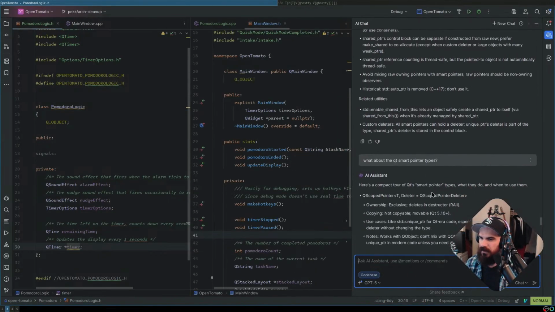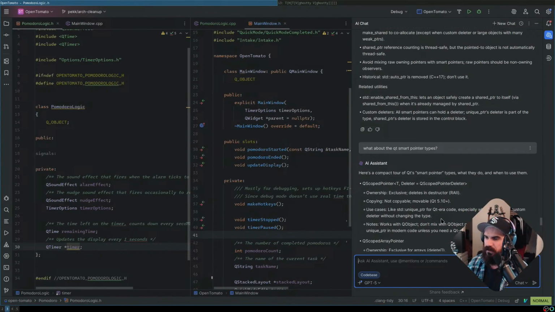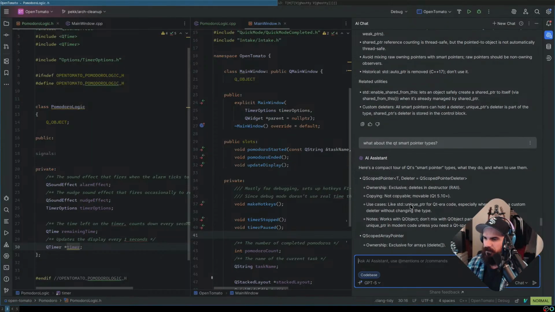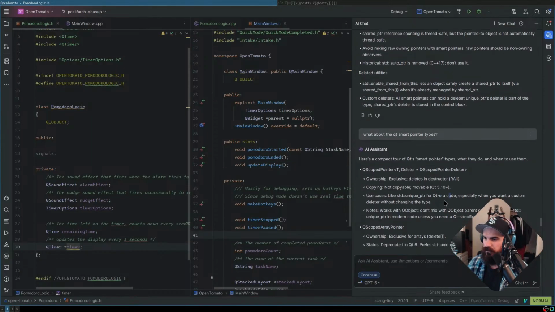Here's a compact tour of Qt smart pointer types, what they do and when to use them. QScopedPointer. Ownership exclusive, deletes in the destructor. Copying, not copyable. Use like unique pointer in Qt code, especially when you want custom deleter without changing the type. Works with QObject. Don't mix with QObject parent ownership.